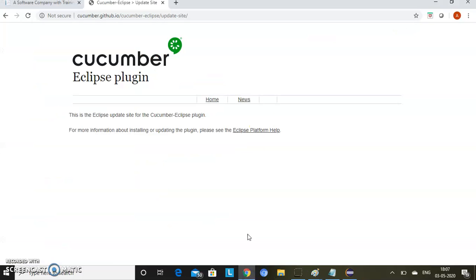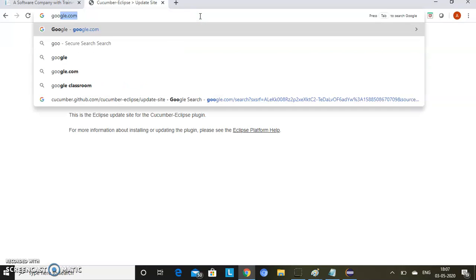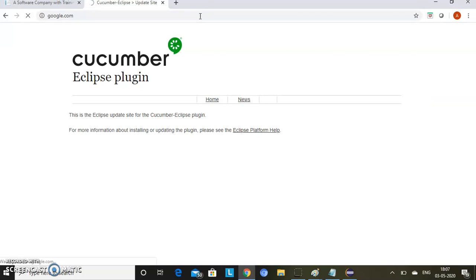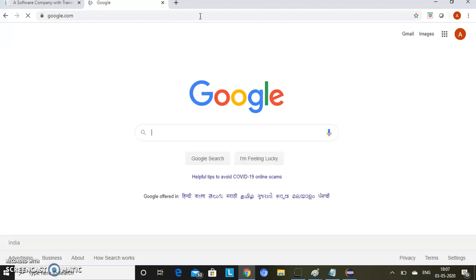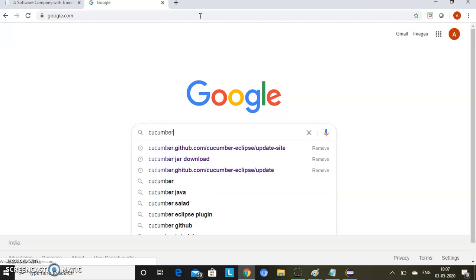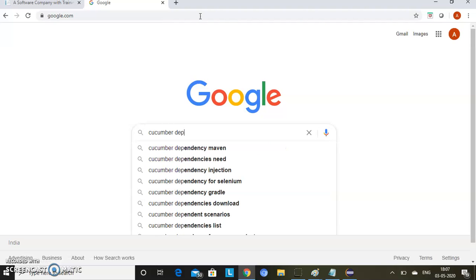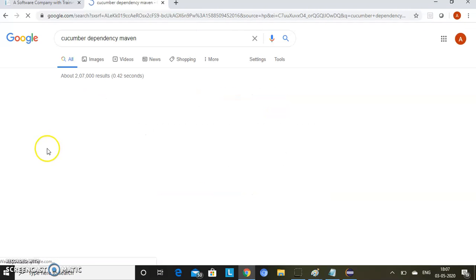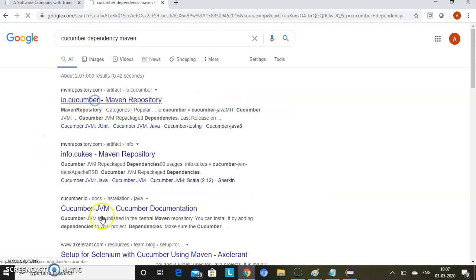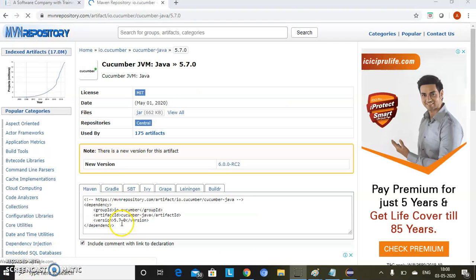Another important thing is to take the dependencies of Cucumber also. So go to Google and go to the Maven repository. Here you can see some dependencies.